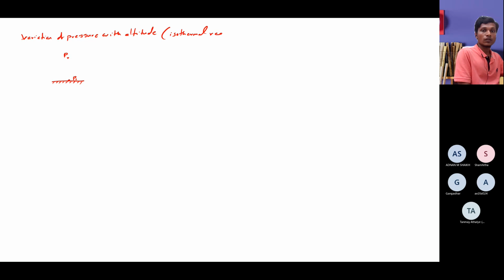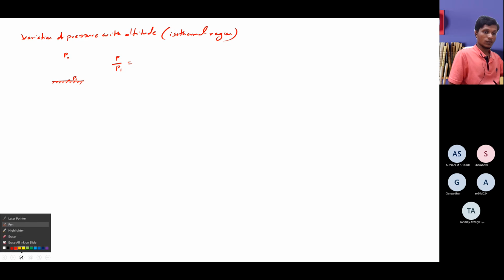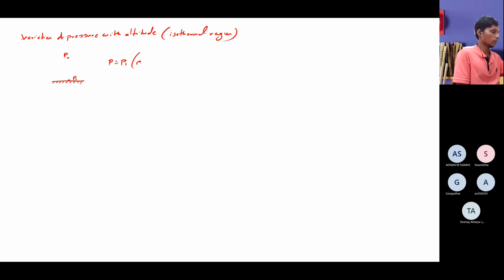In this isothermal region, the pressure varies with the altitude as P by P1 equals, let me use some other option. So the unknown value P equals P1 times,